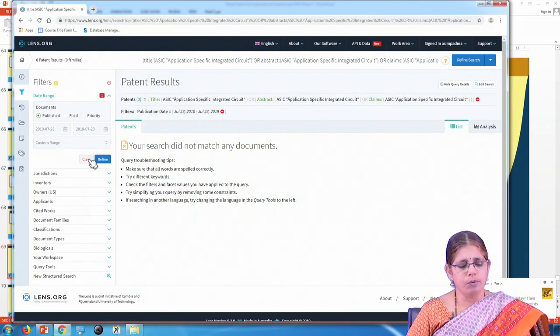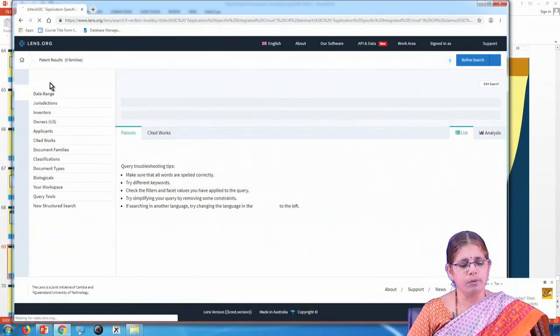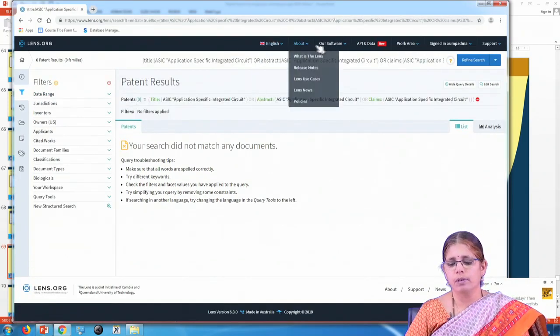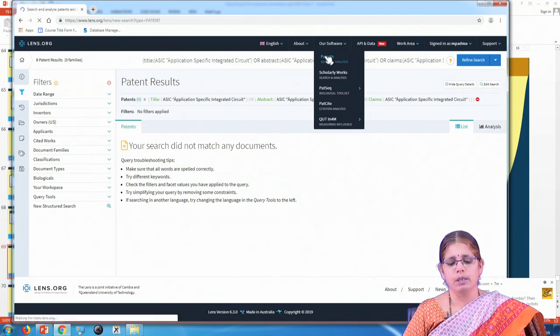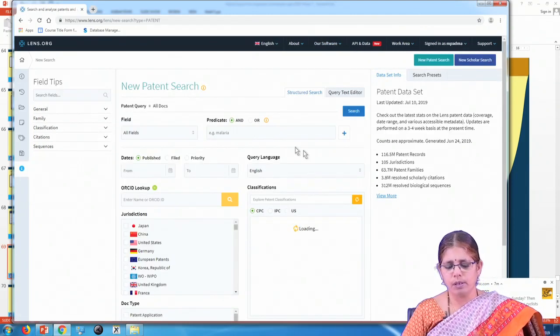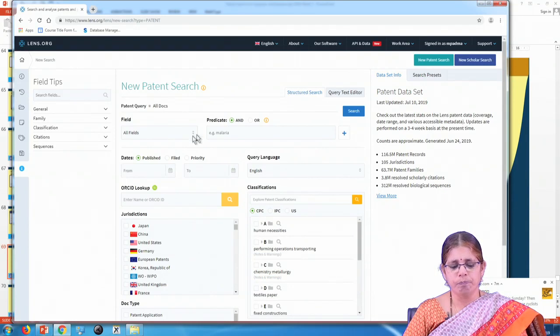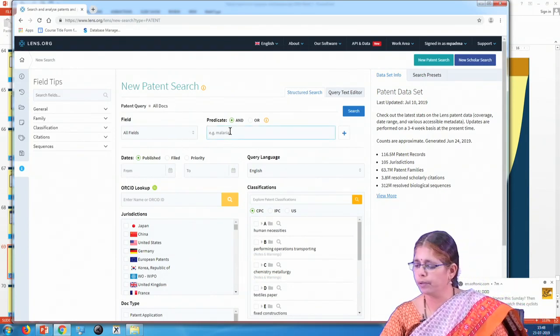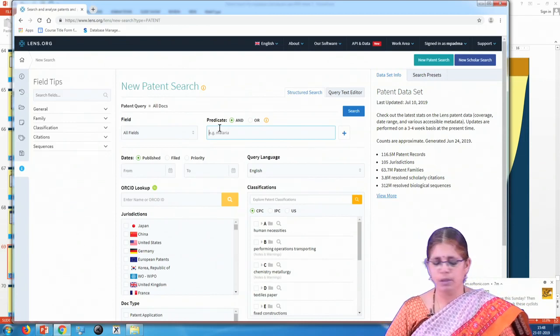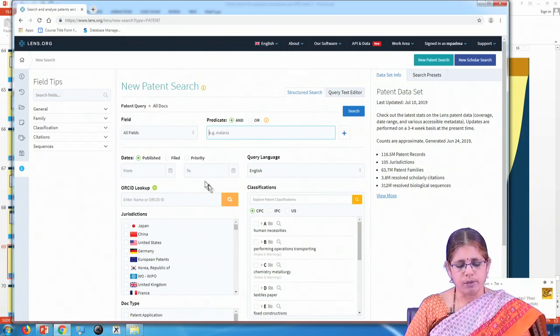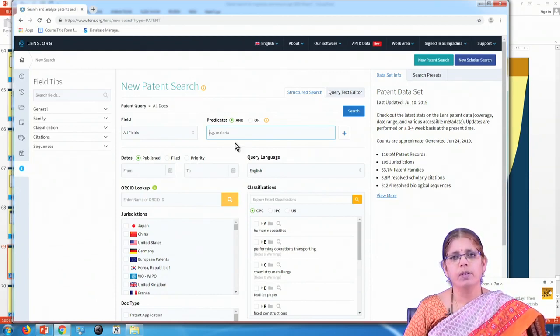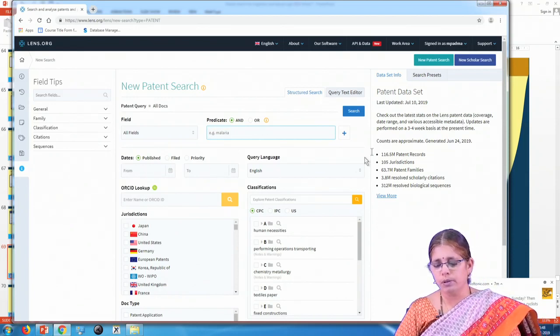So, one needs to clear this and go back to the patents link to conduct the search. So, this is the search interface that is available, whereby one can look at the data in relation to the information. So, it is possible that one can look at an information based on different fields. So, this is how one can use the database itself